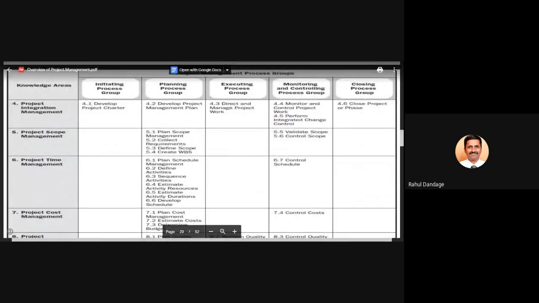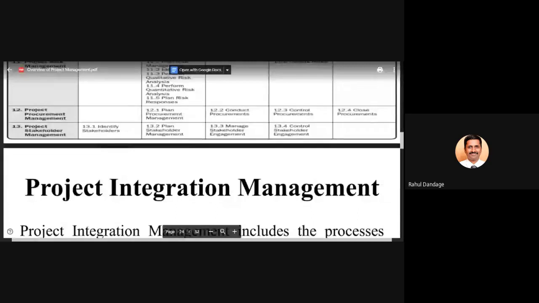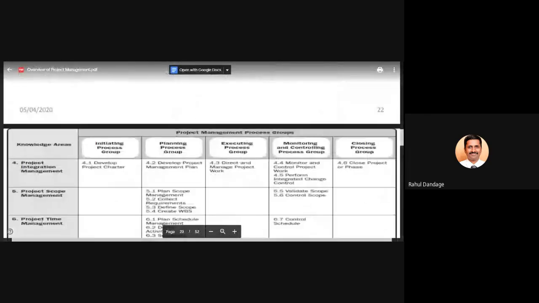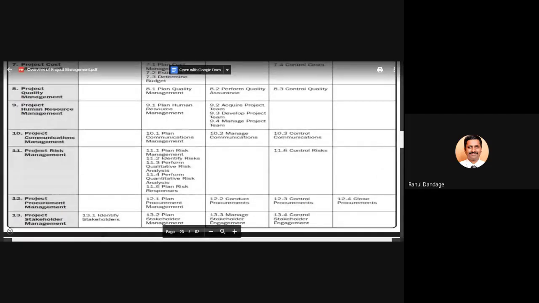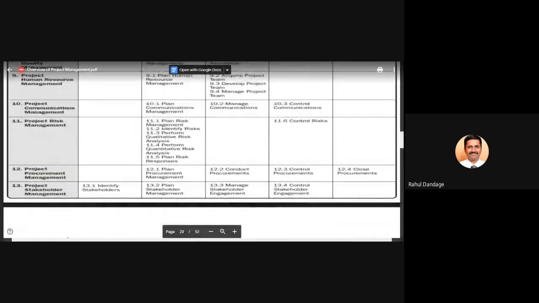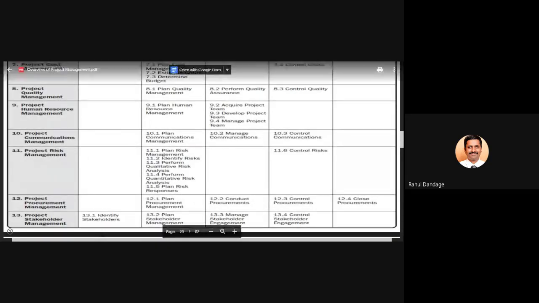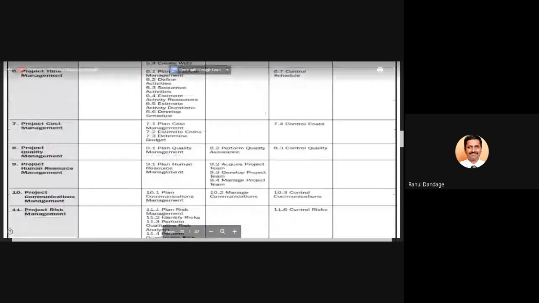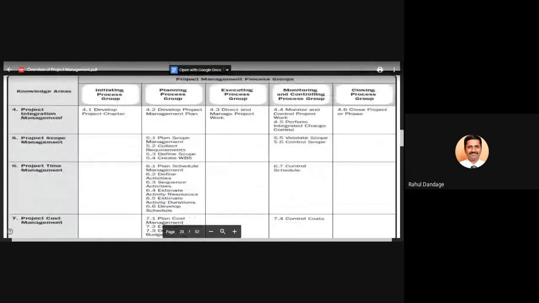Now, as you are MBA and MMS students, you can check your own domain and try to map which knowledge area and which process group you are more related to. It is up to you and your specialization. If somebody is from HR management as a specialization, then you can see there is a separate knowledge area defined for you, that is project human resource management. So which activities will you be required to perform?